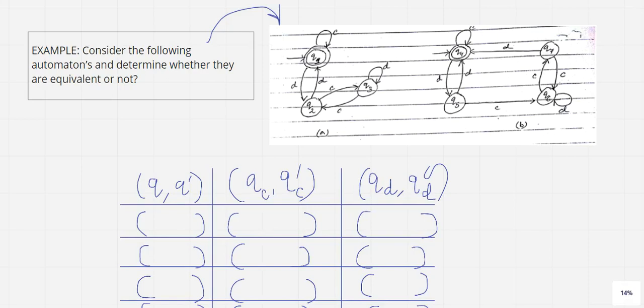We are into unit number 2, where we are learning about the concept of regular expression, and we have completed almost every topic of regular expression. Now we are into a topic known as equivalence of two finite automata. That means how do you justify or find whether the given two automata are equivalent to each other or not. For that, we have to get back to the introduction part of this particular topic.